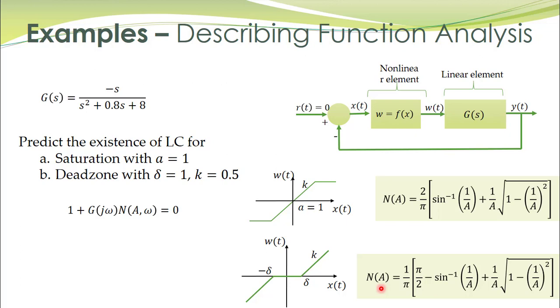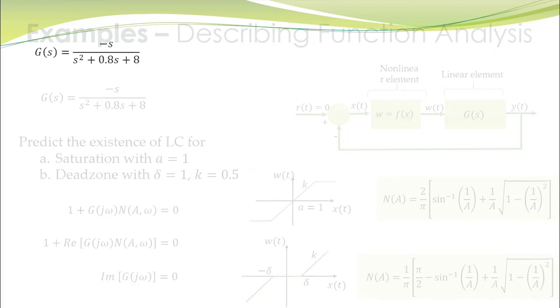To predict the existence of a limit cycle, we need to solve this equation, and this equation breaks down into two equations: the real part of this equation equal to 0 and the imaginary part of this equation equal to 0. So let's solve these two equations for this particular transfer function and these two nonlinearities. The transfer function is written again over here,